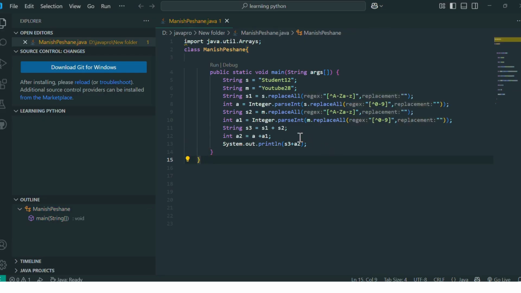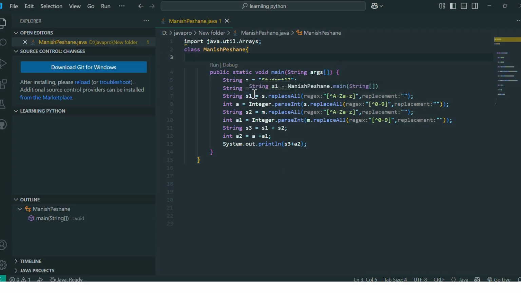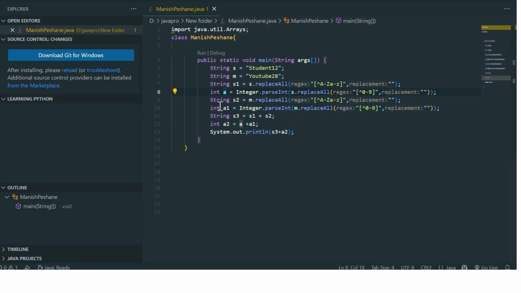Let me explain what is happening in the program. First of all, we create two strings. After that I replace the numbers in the strings, so only strings are stored. Then we create integers that convert the string numbers into integers and store them in variables. Same formula here also.